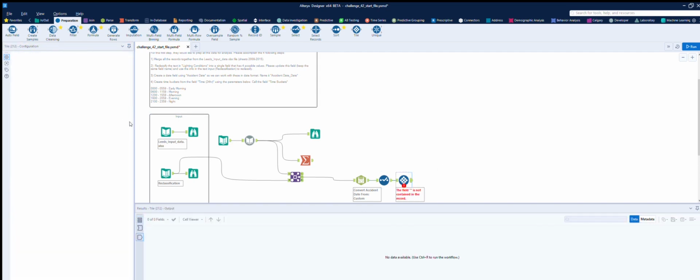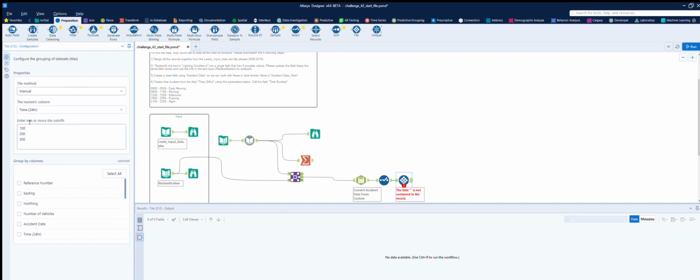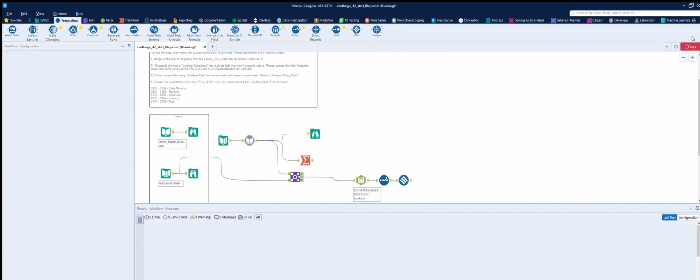And then on the tile tool, it's already selected the field, and we'll manually type in the ranges that we want. So if we put in the cutoffs for each range, the second one is 11:59, the third is 15:59, the fourth is 20:59, and finally 23:59. Okay, and if we run that,